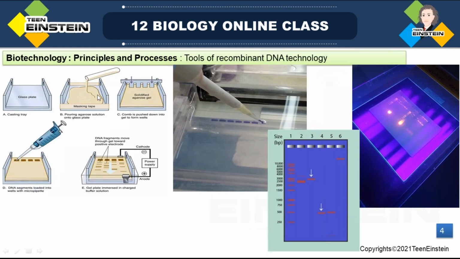So we need to decide first which concentration we need to prepare, or what the percentage of that gel is. Before adding the agarose itself, we need to calculate the percentage of that gel. Then,